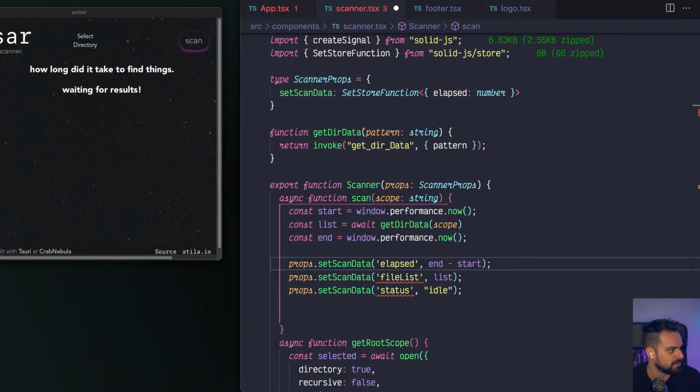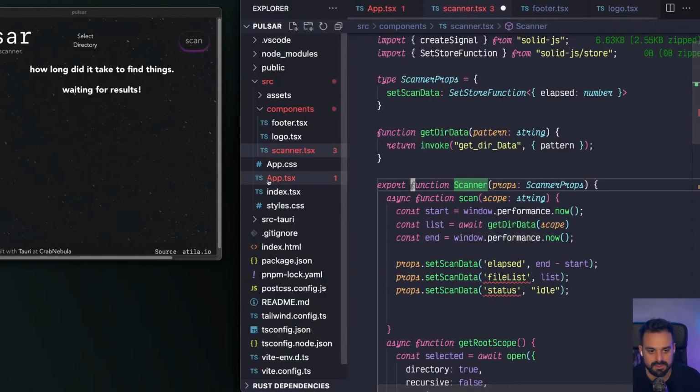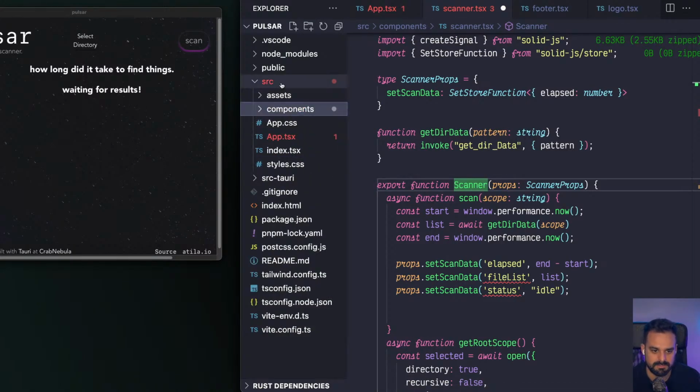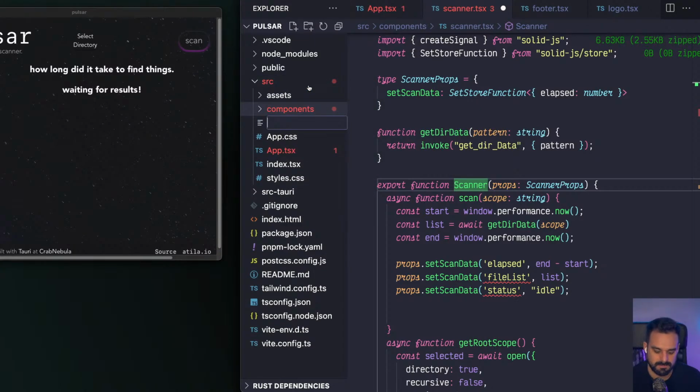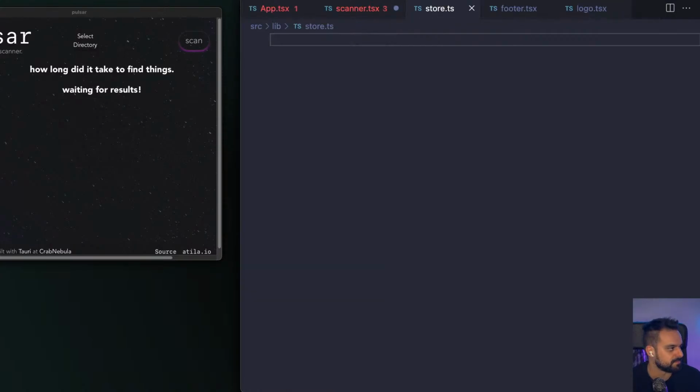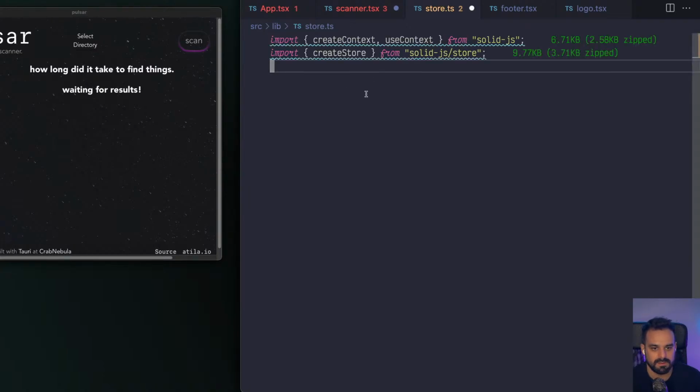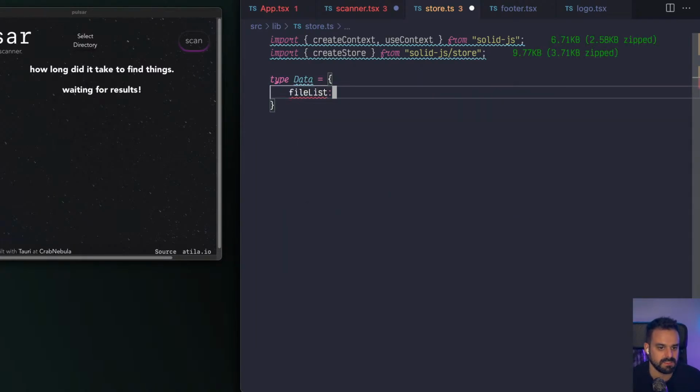So let me stop this and stop monkey patching the types, and we can go and set up the store. So then I can show you how the data is gonna look like. I think that's better, right? lib-store. So the first thing we're gonna have is the data, of course, and the data is gonna have a file list,